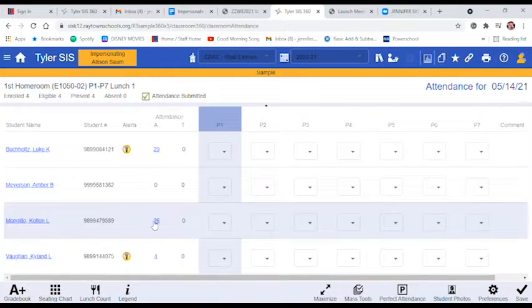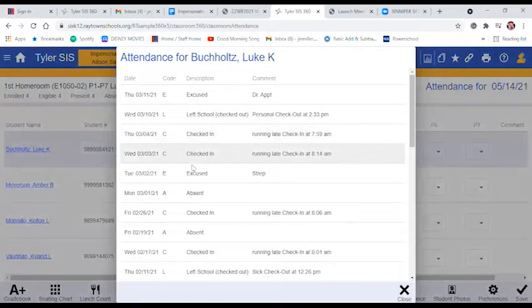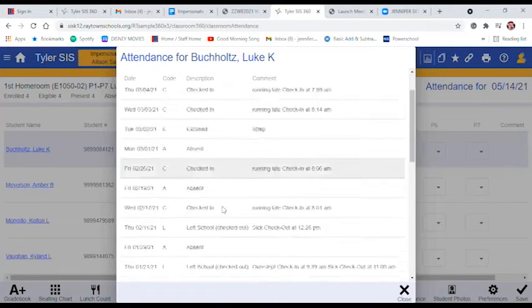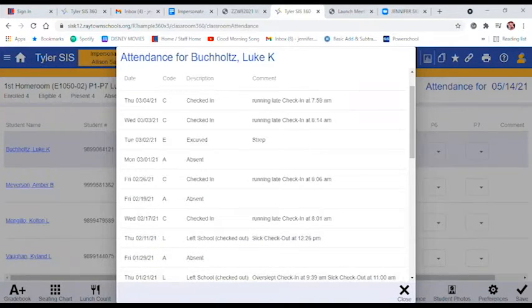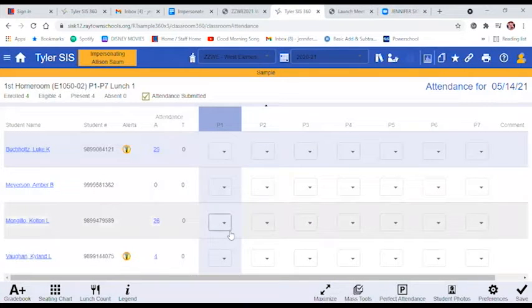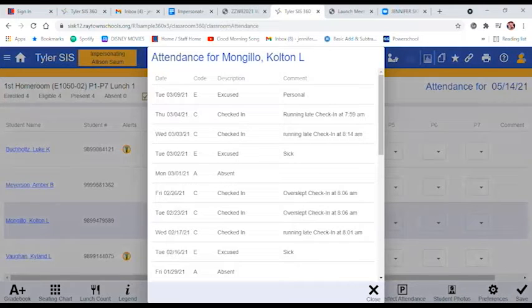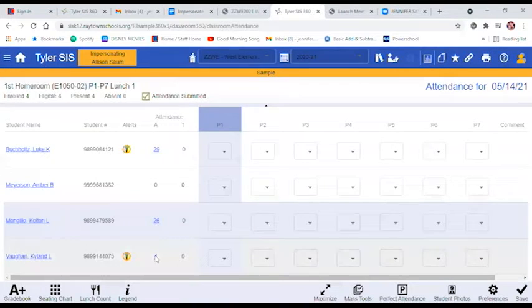This also shows us how many times that each of these students have been absent. So Luke has been absent 29 times. If we click on that, it is telling us all of the information. Look how detailed this is and exactly why he was late or where he was at. It talks about excused absences. Maybe he was checked in late or he had a doctor appointment. So this is really nice to have just a snapshot, especially for those kiddos that have lots of absences. And that's all the way down. We could do the same thing for Colton and his 26 absences, and Kylan for his 4 absences